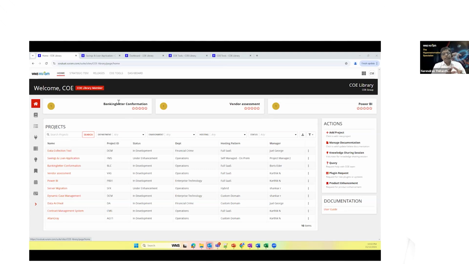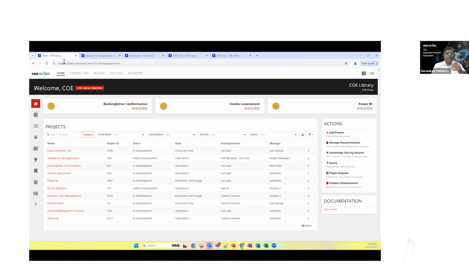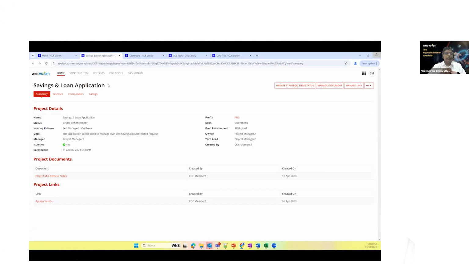So what we are showing here is, especially when projects proliferate and you have a lot of projects happening in your enterprise, there are a lot of standards that you want to bring in. For example, these are the various projects. If you take one of the projects, say savings and loan application,